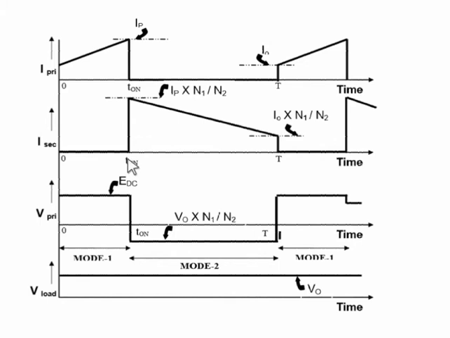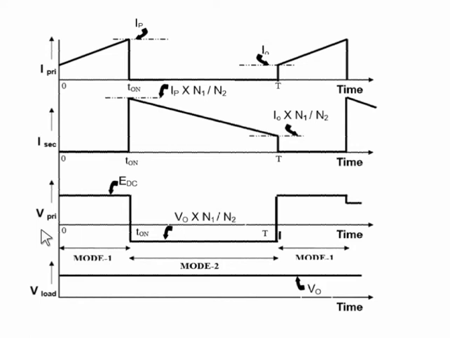But during mode 2, when switch S is turned off, current flows in the secondary winding through the voltage stored in the capacitor. In this mode, the current is linearly decreasing because the capacitor is discharging through the load. So the current decreases from the peak value to the minimum value, and this magnitude is given by Ip into N1 by N2, and this is the I0 into N1 by N2. This is the T on time and this is the T off time. The total time is T on plus T off. At this point, mode 1 will start again.